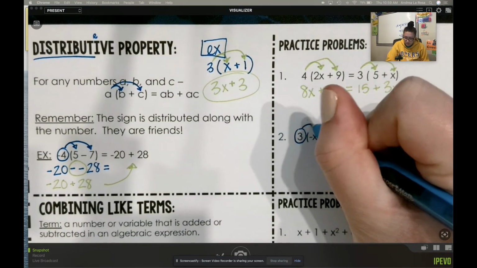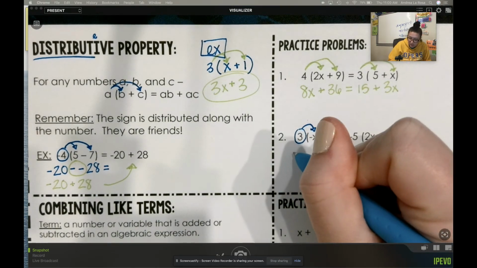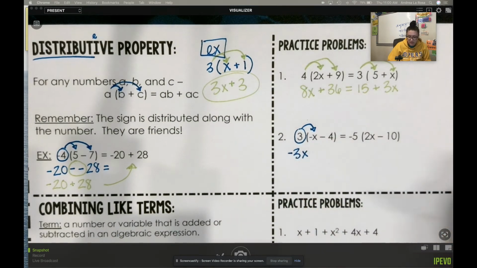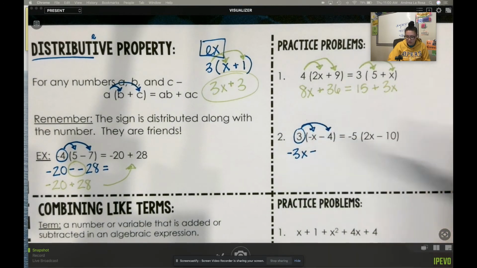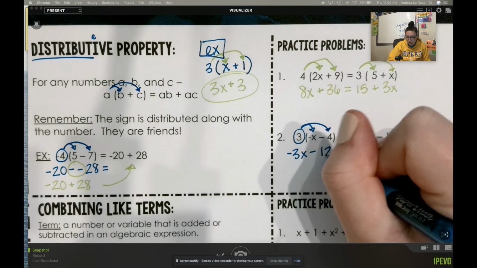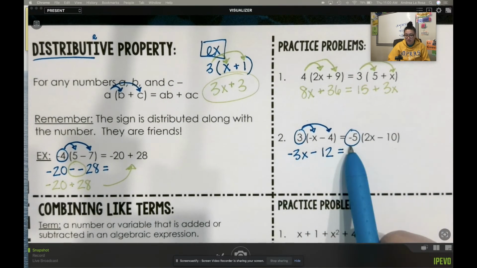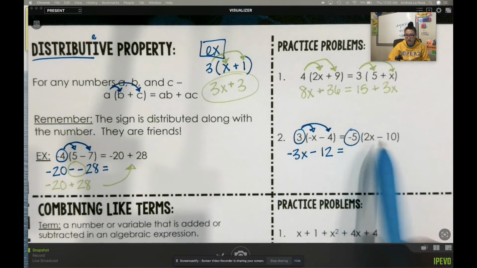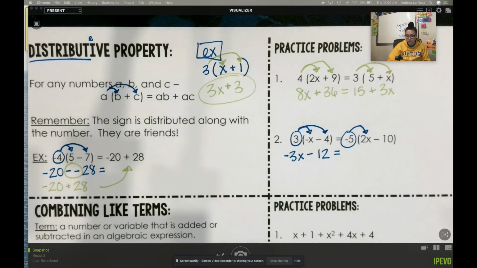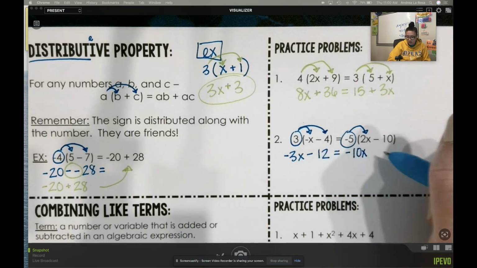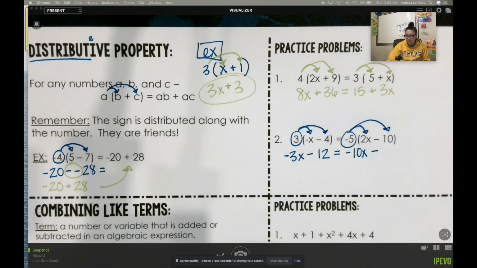I've got my 3. I need to take it times -x. 3 times -x is going to give me a -3x. Bring down my subtraction. I take 3 times 4, which is 12. And that is equal to, same thing on this side, this time I've got a negative. So I gotta bring that with me. -5 times 2x is gonna give me -10x. My subtraction sign, -5 times a +10